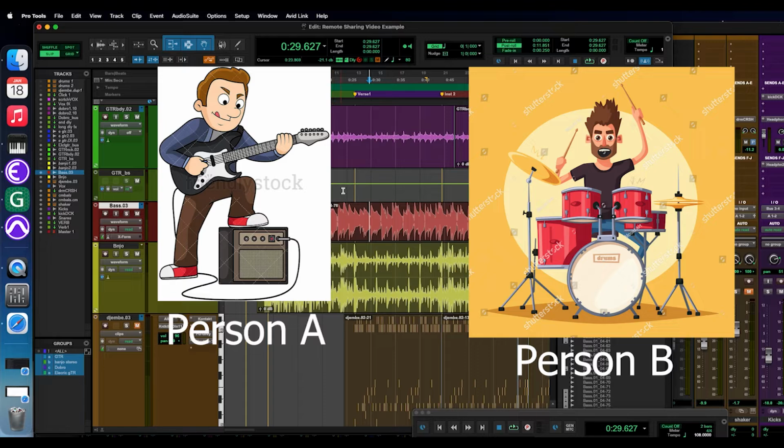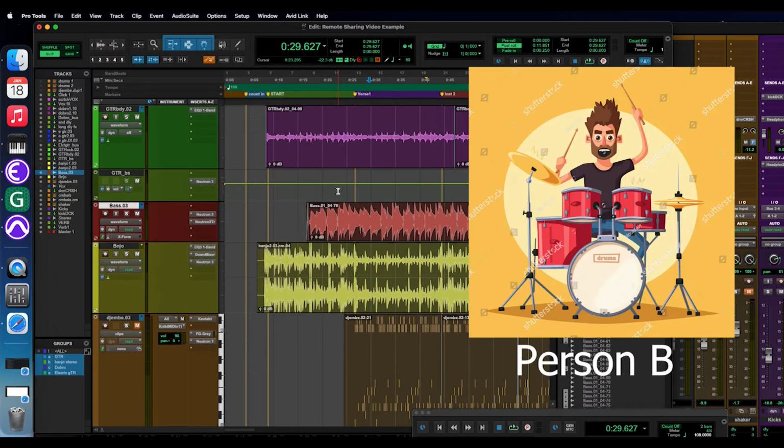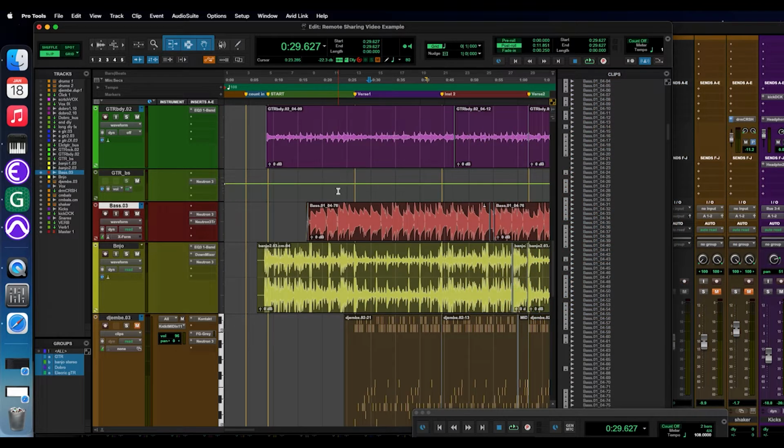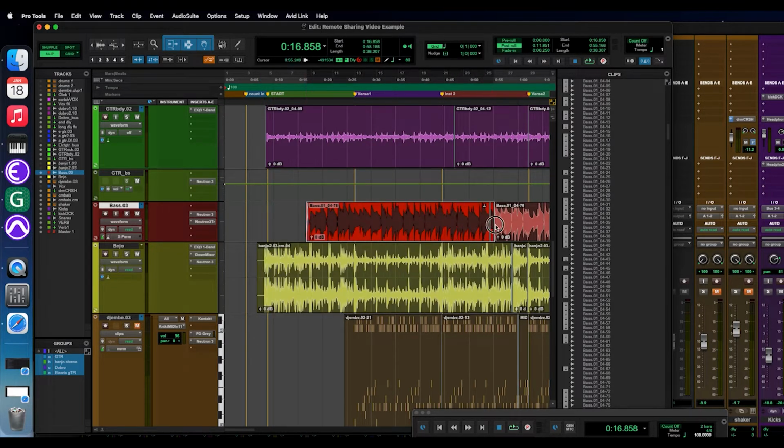In this example, we're going to pretend that person A is a songwriter at a home studio and person B is a session musician who's going to add some new tracks remotely. A common issue that my students have had trying to send single tracks or stems is that their tracks don't